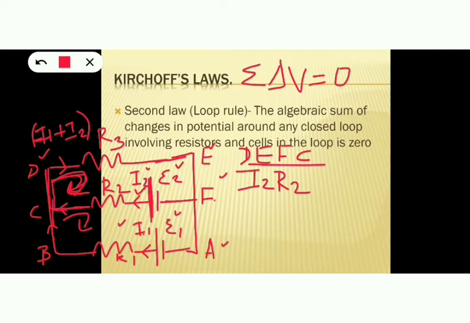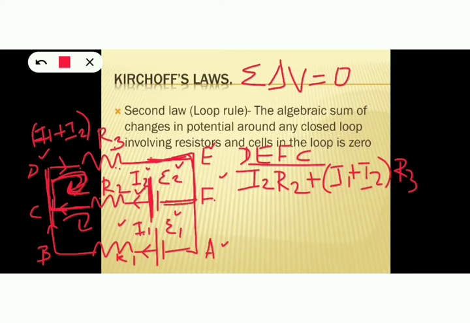Then on reaching here, current is I1 plus I2, and that current I1 plus I2 flows through the resistor R3. So again there will be a potential drop. What is that potential drop? It will be current into resistor, I1 plus I2 into R3. So we can write plus the second potential drop is I1 plus I2 into R3. Then again follow in this way,